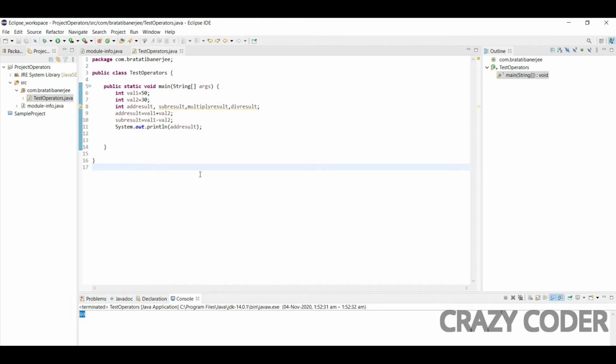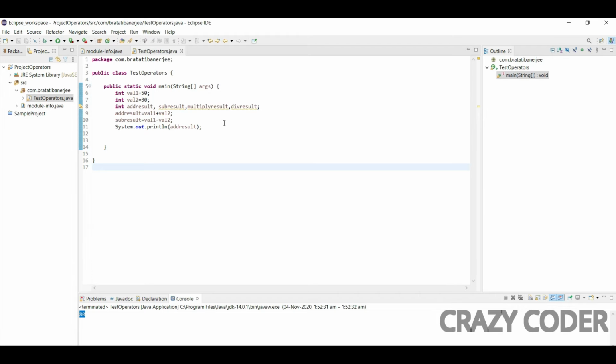Now in continuation with arithmetic operators, I would like to mention something called the unary operator. We have worked with two values till now, right? We are adding two values, for example val1 and val2, and subtracting two values, val1 and val2. These kinds of operators are known as binary operators, where the operator is working with two values. In a unary operator there is only one operand. So depending on the number of operands, it's named this way. If it's working with one operand, it is a unary operator, and if it's working with two operands, it is a binary operator.